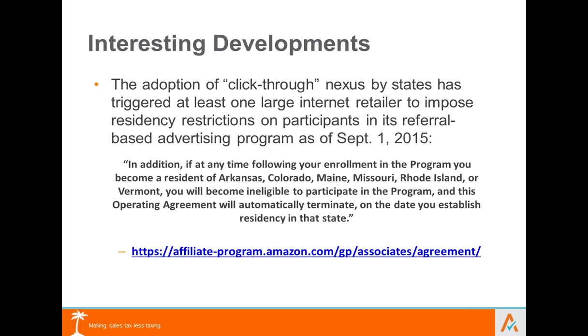So you can see that Amazon states specifically in their agreement that, first of all, you won't get an affiliate advertising agreement out of them if you're a resident of one of these states. But if you become a resident of one of these states after you've made an affiliate agreement with Amazon, that agreement is terminated as of the moment you become a resident. The point is not to break down Amazon's affiliate advertising contracts here, guys. This is to show you that Amazon's taking it seriously. Everybody should take it seriously.